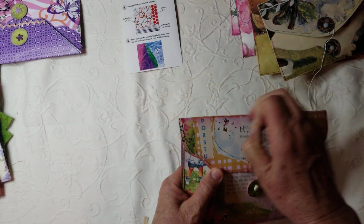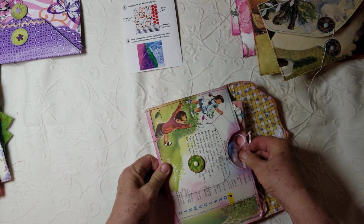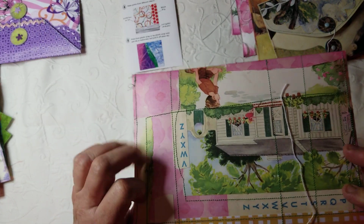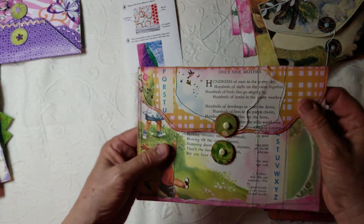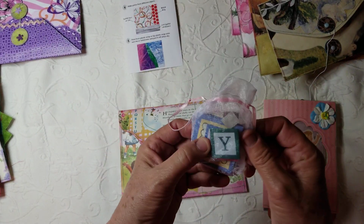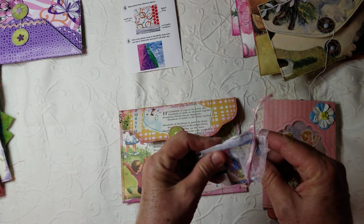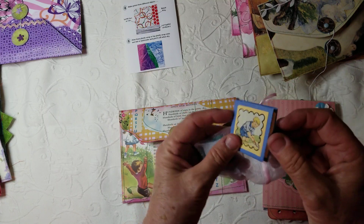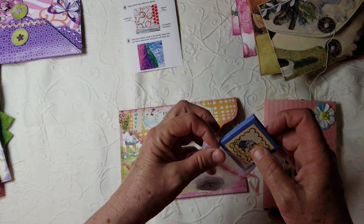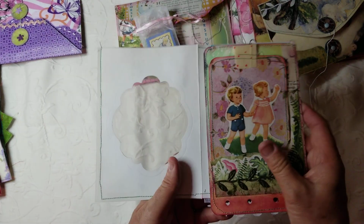This one I may have showed you in one of my other videos. I'm not sure. I think I may have. This one is a school theme, and it's collaged, and I like that. It has these little things in it, and I think I did show you this. It includes a small book in with it. Yeah, I think so. Let me just do a quick show here. This comes with a little